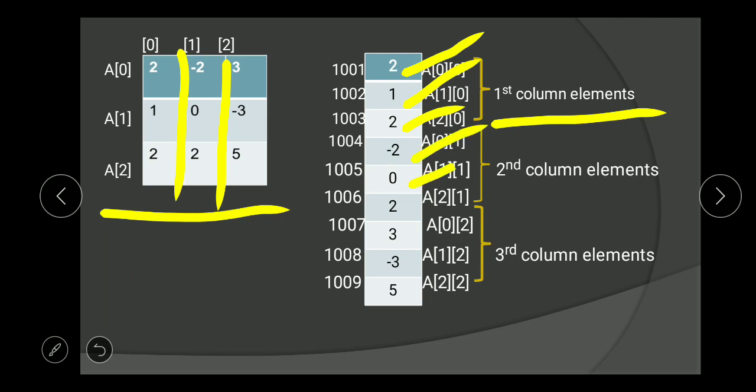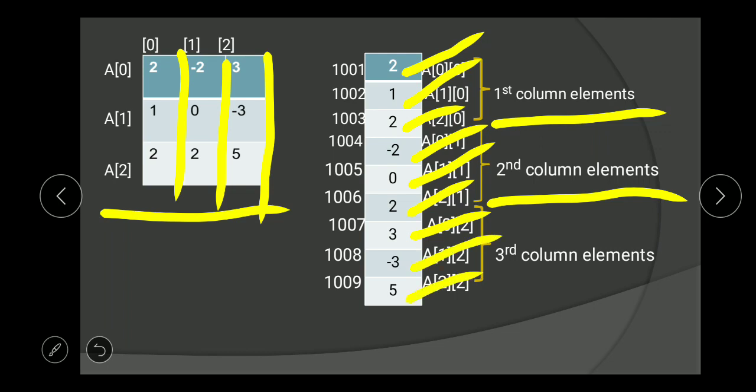This is the second column elements. The third is 3 minus 3 5. This is the third column elements. This is how we store in the column major method.